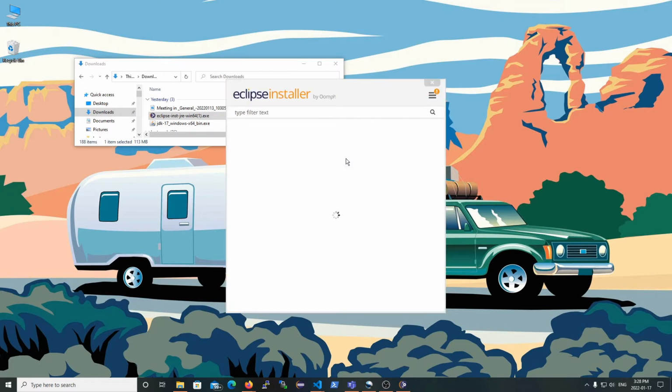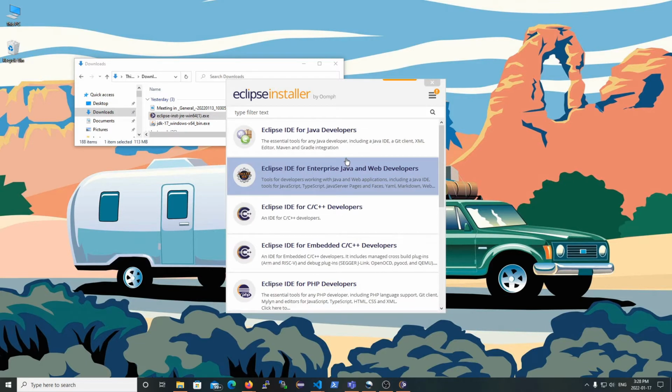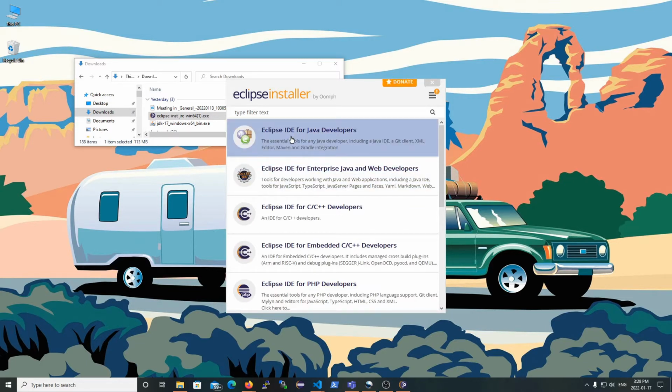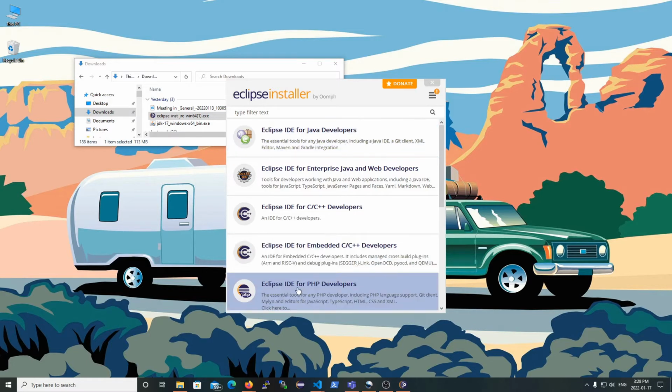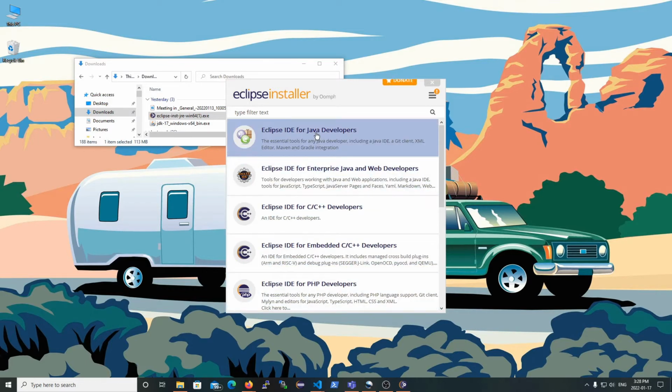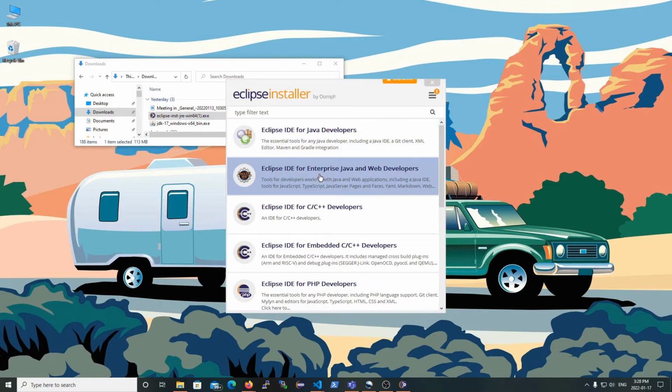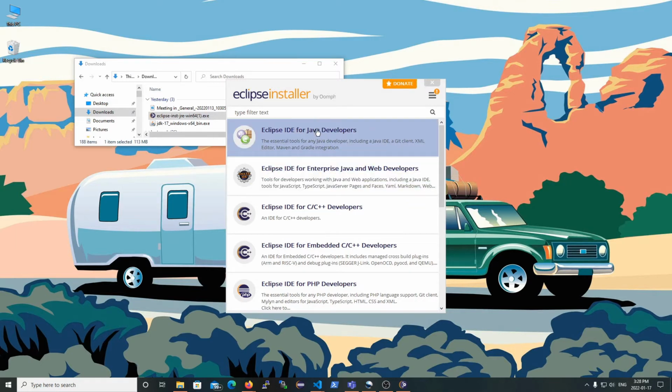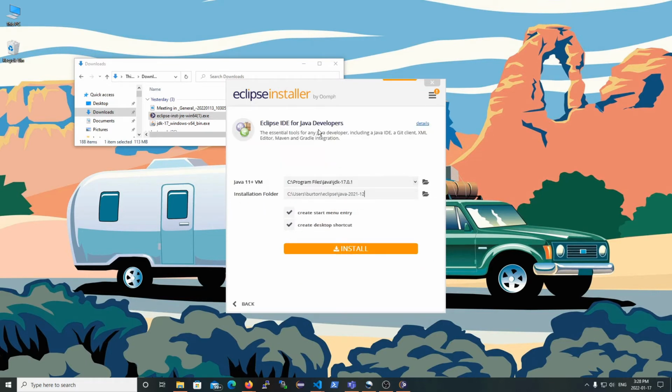The only thing you have to watch out for in the installer is which version of Eclipse to install. You want the IDE for Java developers. Right? You don't want the IDE for enterprise Java. You want this one. So once you click on that one, the installer will start to download and install your